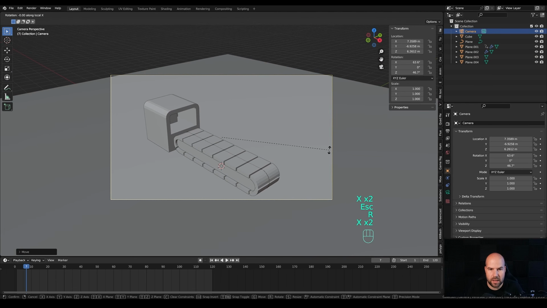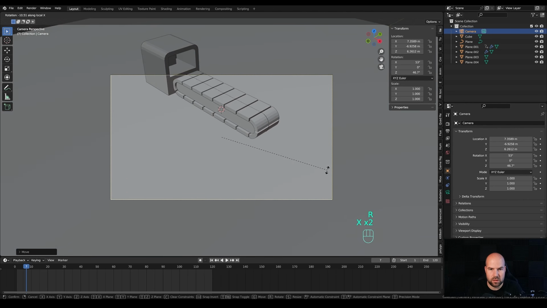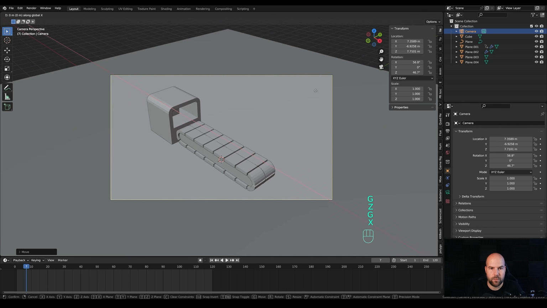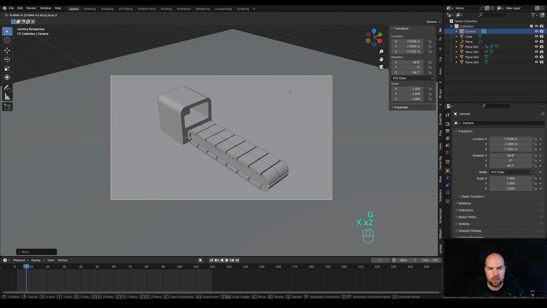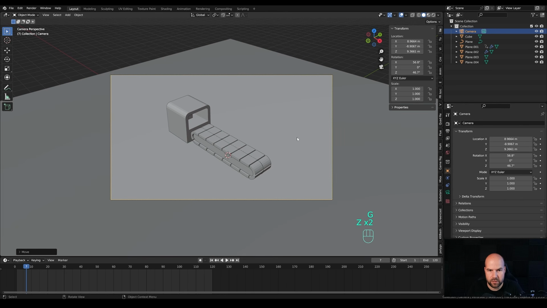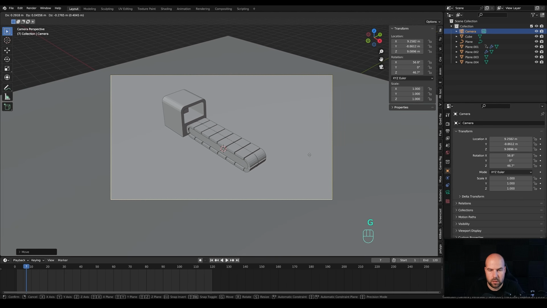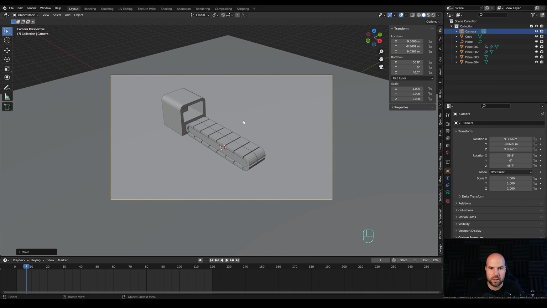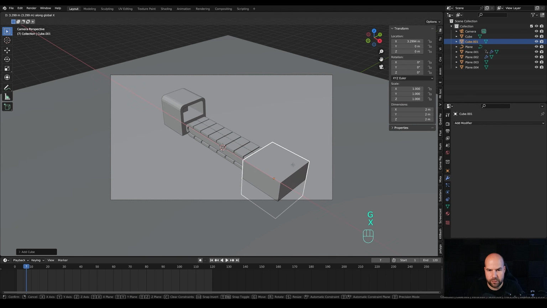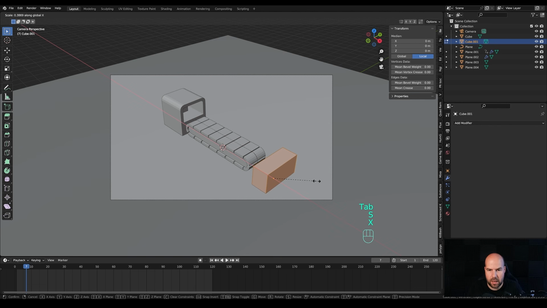We can press R, then X twice to tilt the camera down a little bit and move it higher like this. And maybe on the local X-axis. And let's bring it out a little bit. Okay, something like this. Now let's press Shift A and add another cube. Press G, then X and move it right here. Let's tab in and make it smaller on the X-axis, and press G, then Z and move this down.